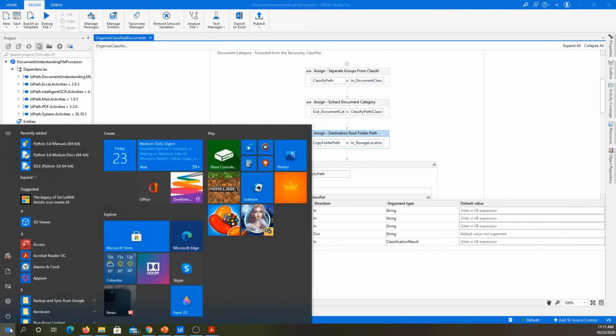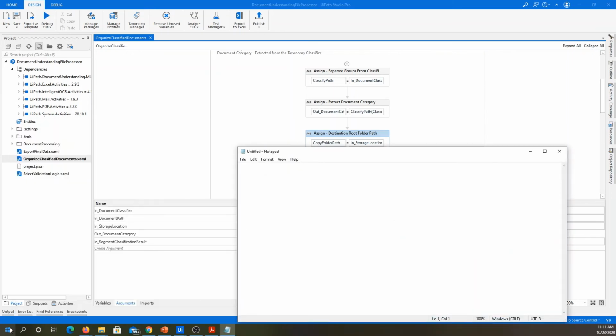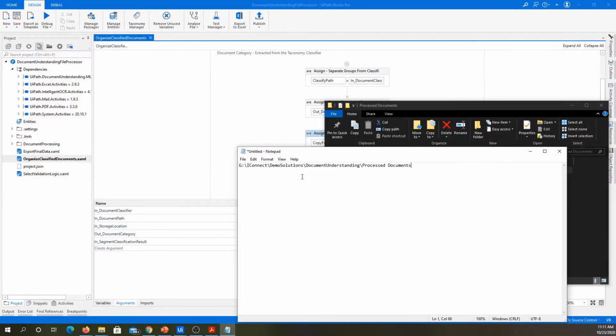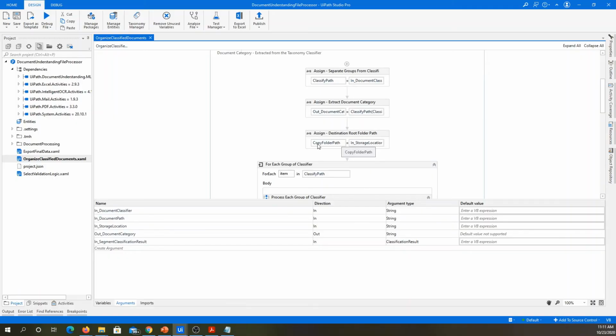So getting a notepad, this is the path that we get from our asset, and that's what I have assigned to this copy folder